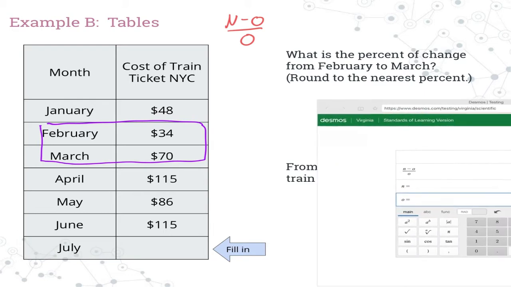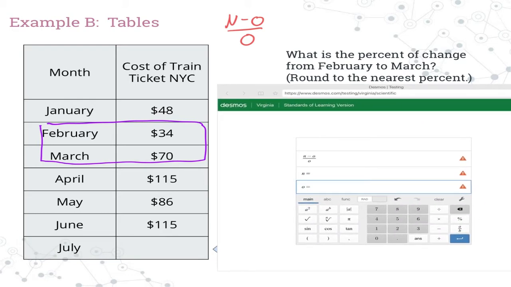So if we bring our Desmos calculator in here, you can see that we've done new minus old and put that in as an equation. Then we've hit the blue return arrow at the bottom and we've typed N equals. N standing for our new, in this case is going to be 70. And then our old, as we talked about, is going to be standing for 34. Now what you can see here is at the top, the formula ran the subtraction and division for us and gave us the decimal